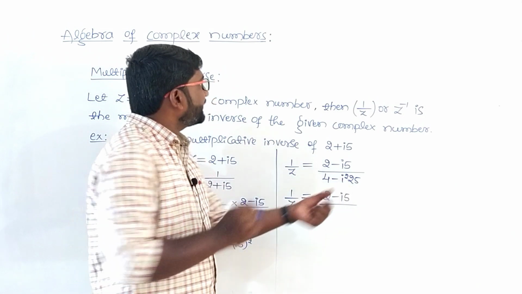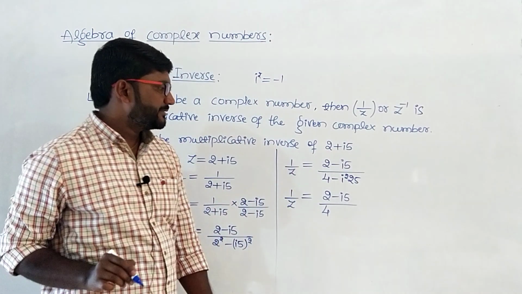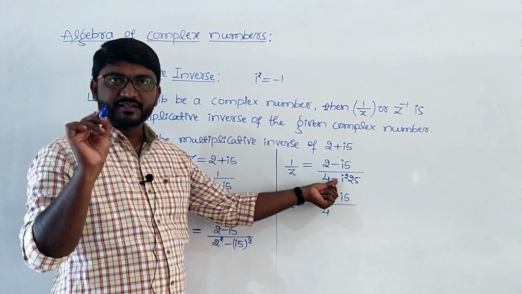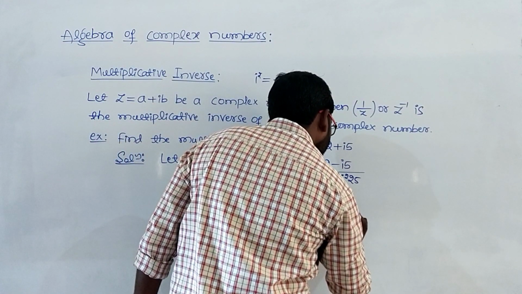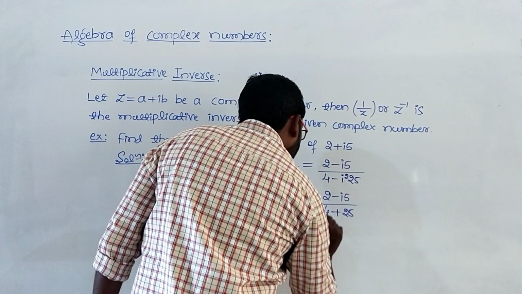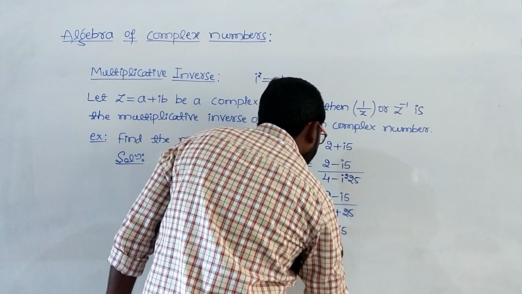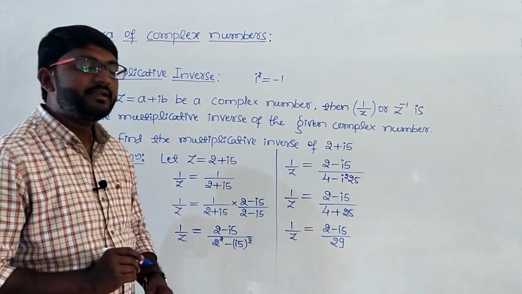But we know the value of I square. I square ಅಂದರೆ ಏನಂದ್ರೆ ನಮ್ಗೆ, it is -1. I square value is -1. ಸೊ ಇಲ್ಲಿ -1 ಬರ್ತದೆ, ಮೈನಸ್ ಇಂಟು ಮೈನಸ್ ಅಂದ್ರೆ ಪ್ಲಸ್ ಆಗ್ತದೆ ರೀ. ಸೊ ವಿ ಗೆಟ್ ಪ್ಲಸ್ 25. So 1 by z which is equals to 2 minus I5 as it is divided by 29. 25 plus 4 will be 29.